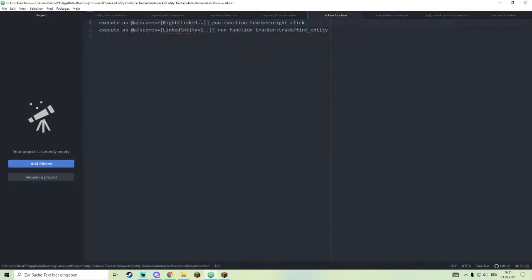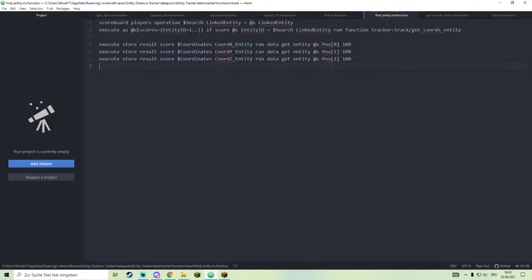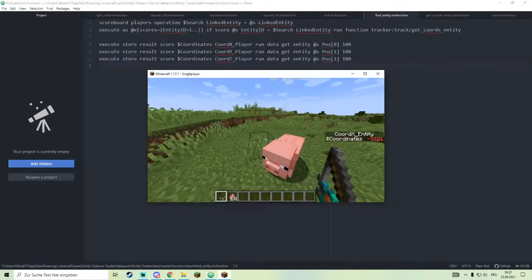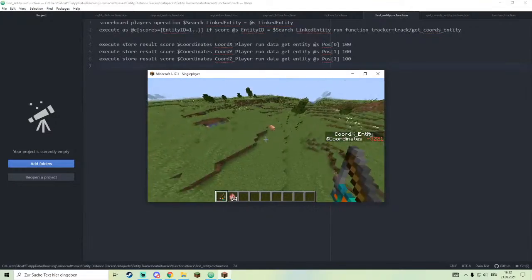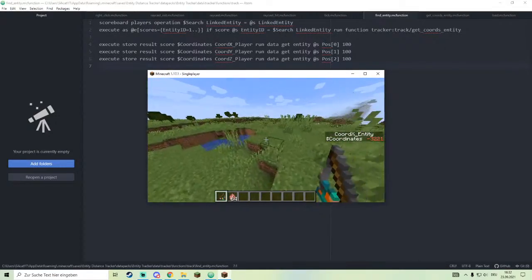Now we want to do the same thing for the player. So, maybe make another function call, or no, let's keep it in here. Now we want to do the same thing, but as the player. So coord x player, coord y player, and coord z player, and we basically do the same thing. Now we have 6 scores with the player coordinates and the entity coordinates, and now we have to calculate the